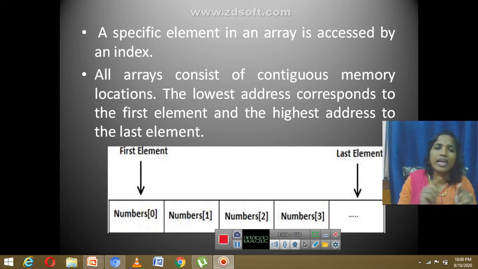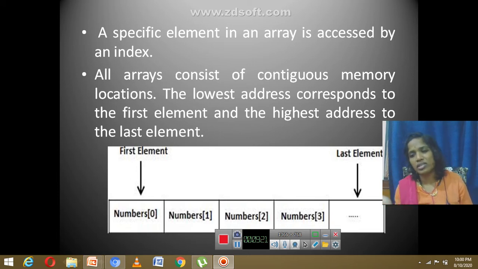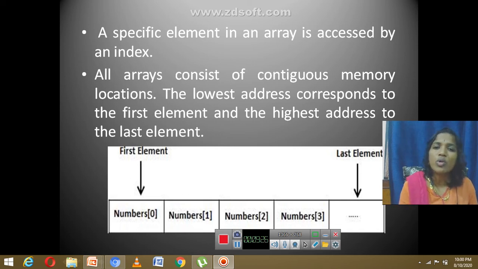All arrays consist of contiguous memory locations. The meaning of contiguous is sharing a common wall, side by side. Immediately after number 0 comes number 1, number 2, number 3, and so on. So continuous locations are shared, right? The lowest address corresponds to the first element, and the highest address to the last element, which is the n-1th element.